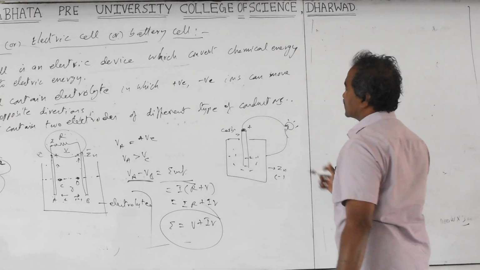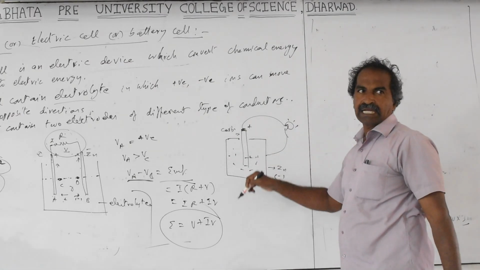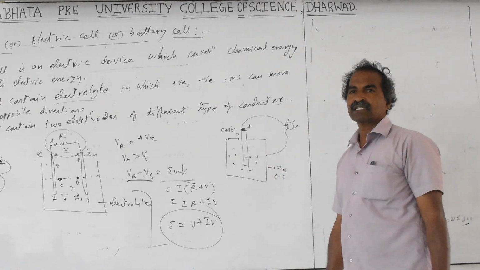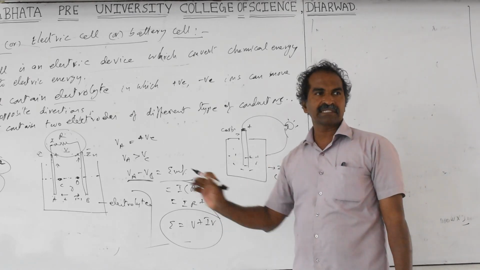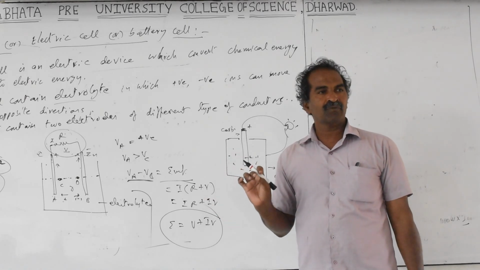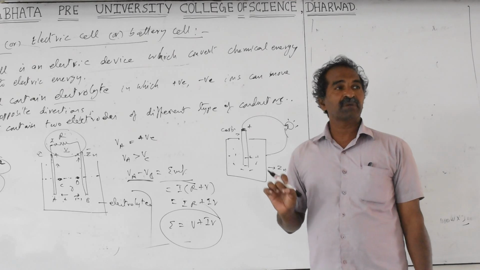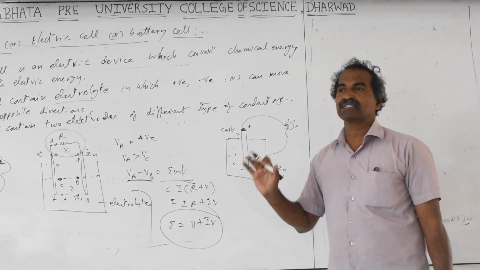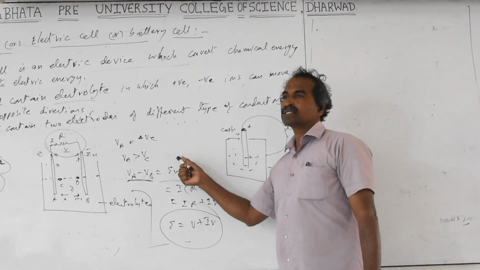This point I will repeat again at the end of the topic about cells. There are two types of cells: chargeable cells and non-chargeable cells. Dry cells, which you have in the homework, are not chargeable, and the EMF will be 1.5 volts. For chargeable cells, the EMF will be 1.2 volts. Mobile phone cells are chargeable; they are called secondary cells. Chargeable means secondary, not chargeable means primary cells.